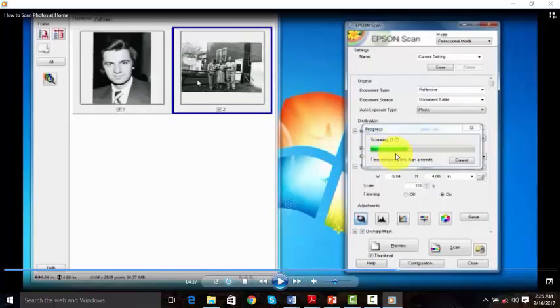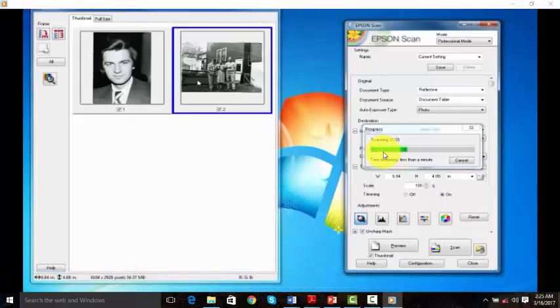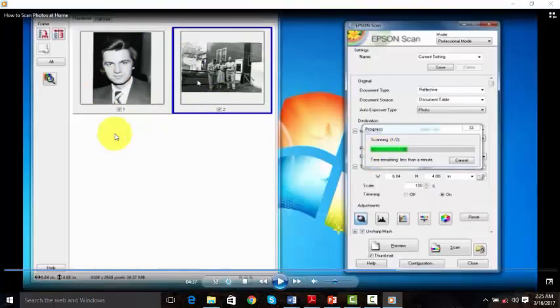Okay, so now the other green progression shows that you are now finally scanning the document to the computer system. The first part we saw was just to preview what you wanted to scan, so that you can make some adjustments in case you want to resize the picture or select a particular picture. Here Mike has rotated the picture, which was facing the other side, to where we are supposed to see it properly.